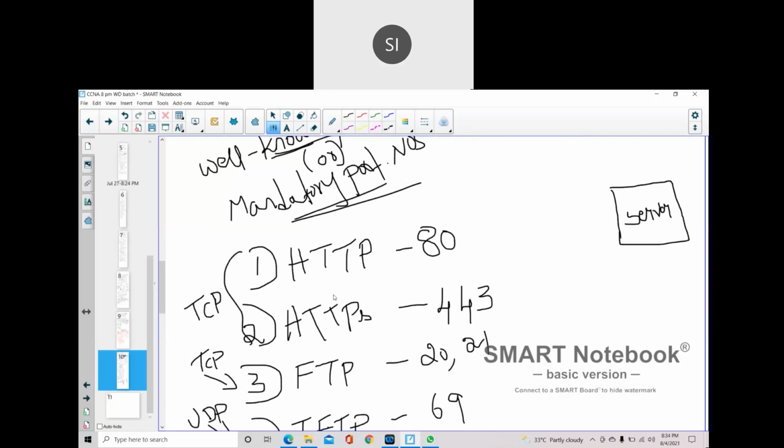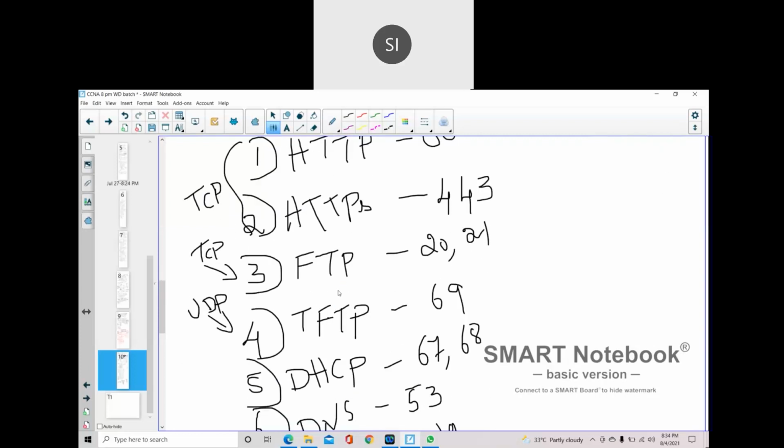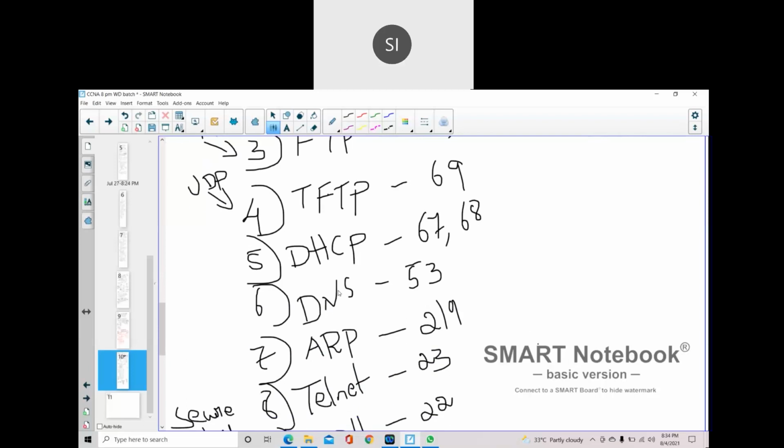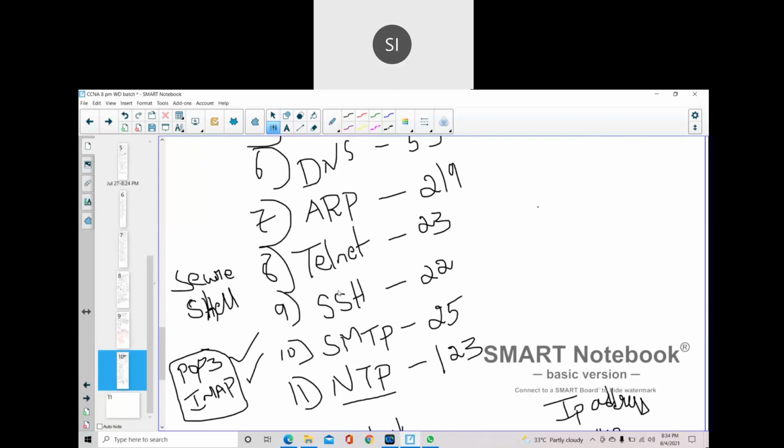HTTP is 80, HTTPS is 443, FTP is 20 and 21, TFTP is 69, DHCP is 67 and 68, DNS is 53, ARP is 219, Telnet is 23, SSH is 22, SMTP is 25, and NTP is 123. These are the major port numbers we need to know.